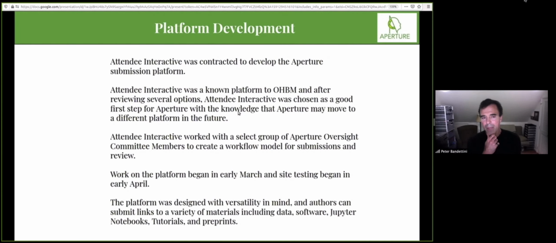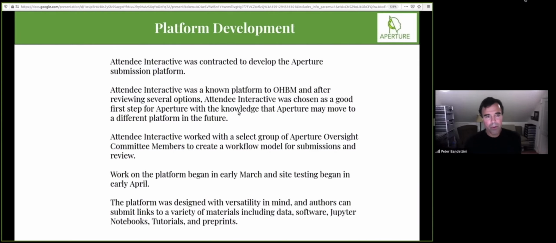But until we've worked that out in the long run, several years from now potentially, we're working with Attendee Interactive, which has been extremely responsive, flexible and relatively inexpensive, and listened very carefully to what we wanted in terms of the author experience.